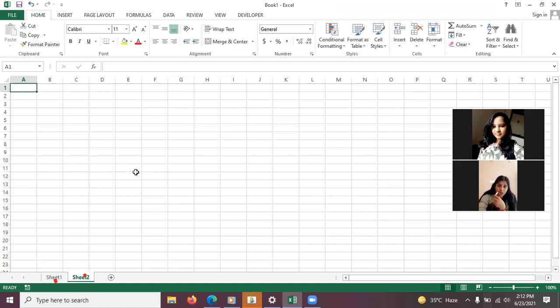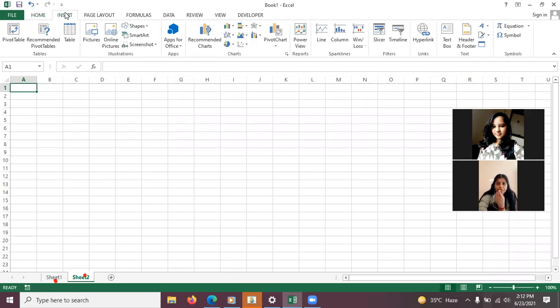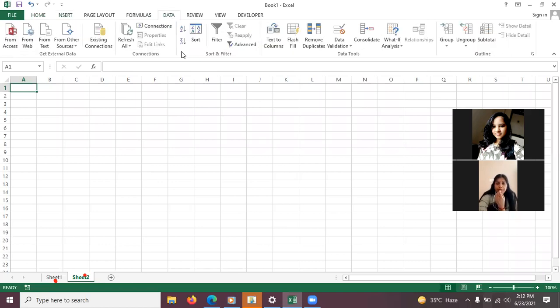Then we have the last option, What-if Analysis. Which tab is it in? Insert? No, the Data tab.